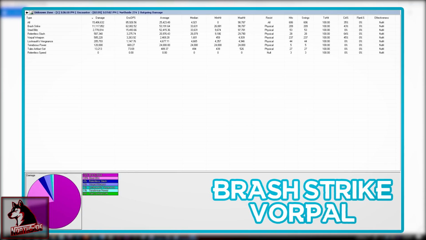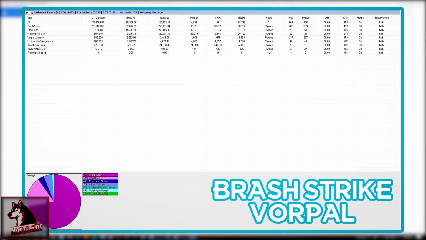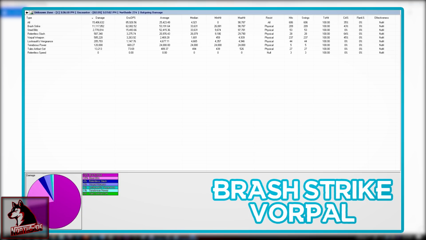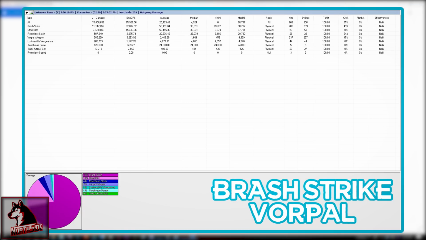Now let's compare that to the actual Relentless Slash Vorpal test. So this is the Brash Strike Vorpal test, 15 million total, 11 million Brash Strike, and this is Relentless Slash with a Vorpal. 11 million total damage versus 15 million total damage with a Brash Strike with a Vorpal. Total 15 million, Brash Strike 11 million, Steel Blitz 2.7 million versus 11 million total damage, 8.3 million with 413 hits because of the counterpart, and 1.9 million Steel Blitz that procced 96 times but only came back with a 33,476 maximum hit. I think this is pretty clear that Brash Strike is a new at-will that will be used, and